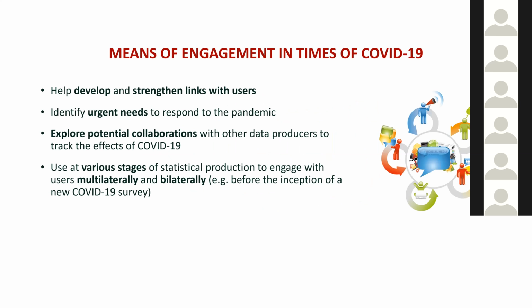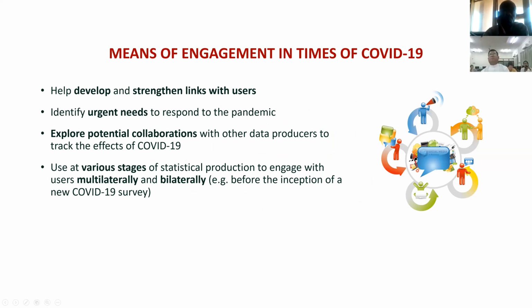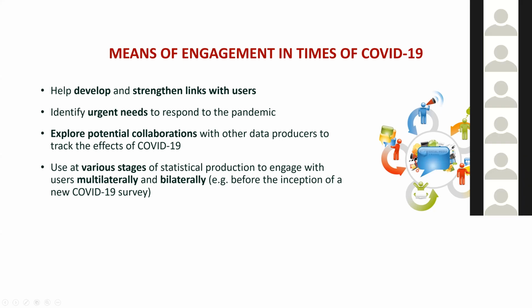As we know, data and stats produced by the National Statistics System are used by various users, and these include policymakers, academia, journalists, civil society, partners, and many others, including the general public. Engaging with these user groups through various tools and approaches, firstly, helps identify their urgent needs. And secondly, it helps develop and strengthen ties with the users, building trust, where they feel that they're being engaged